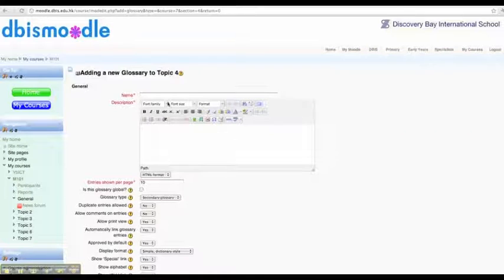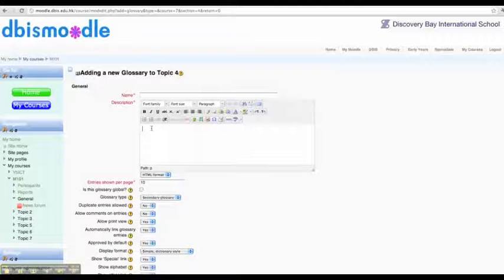In this tutorial I'm going to take you through how to use the text editor. This box here is the text editor, and you'll find it in all of the activities that you add in Moodle. So it's very important that you become familiar with these tools. It's basically a space where you can write anything, add pictures, add videos, add any content that you wish the